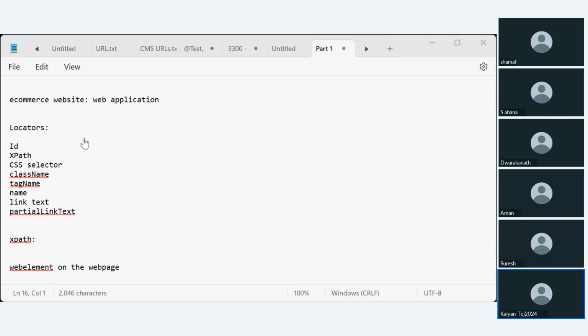As I told yesterday, with respect to Selenium automation, if you are applying for a job, it is very much expected that Java concepts will also be asked in the interview. Let us discuss what is commonly asked.